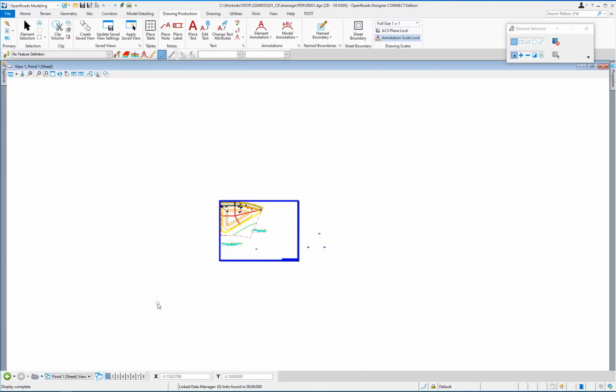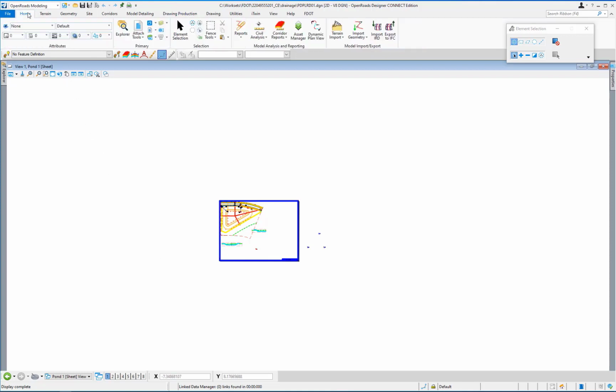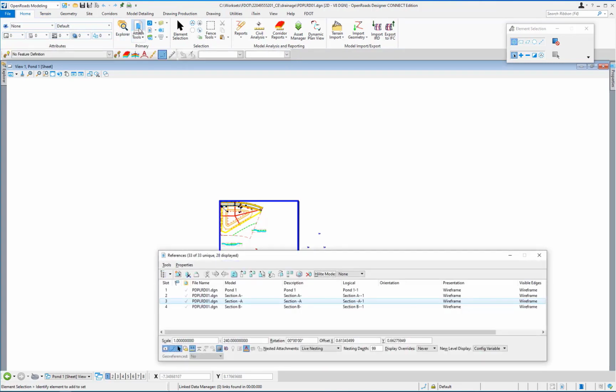This will open the Pond 1 Sheet model, and the newly created section will be visible near the middle of the sheet. Switch to the Home tab and left-click on the Attach Tools icon. The References dialog will open. Find the Section B- reference and select it. Left-click on the Move Reference tool.